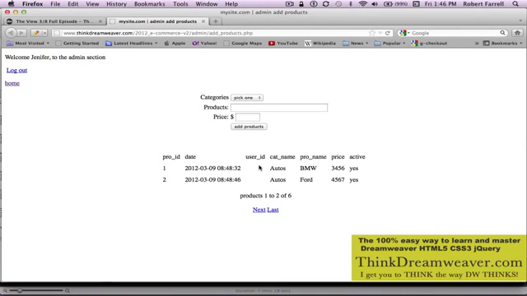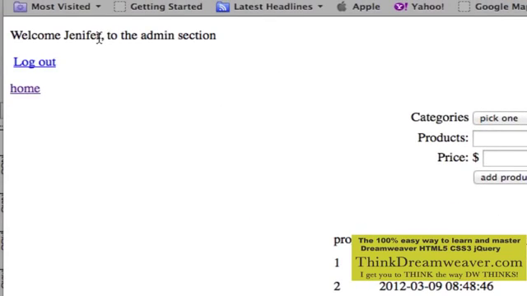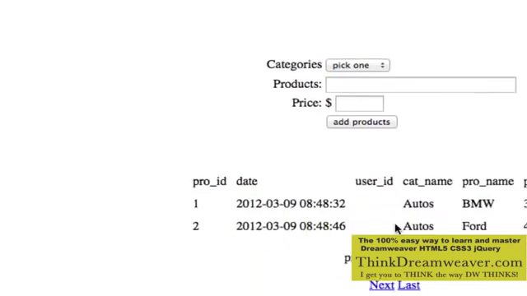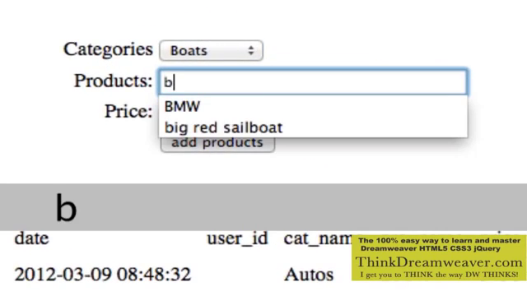Okay, so we're back on the web here, and here's the products we inserted. So as an example, let's go through this again. We're logged into the account as Jennifer, so it's going to capture Jennifer's information. Now, these records don't have a user ID because these records were created before we added that feature. So we're going to come up here to boats, and let's put big